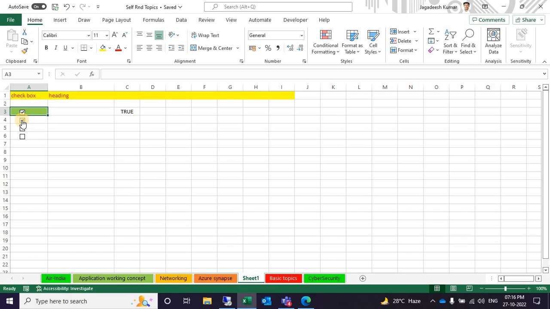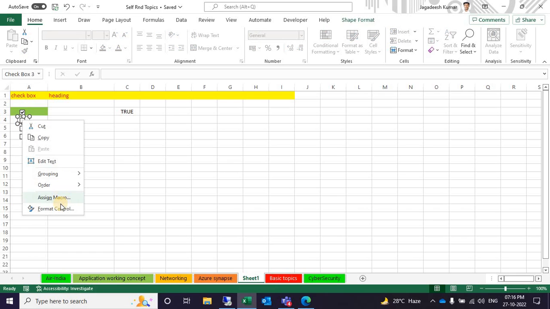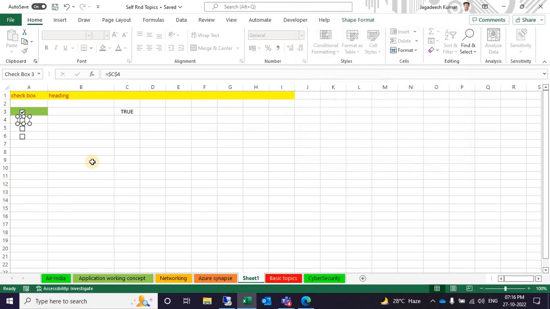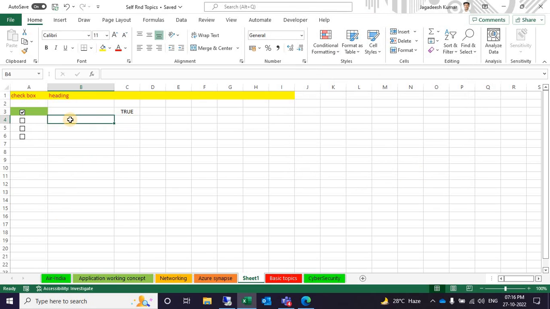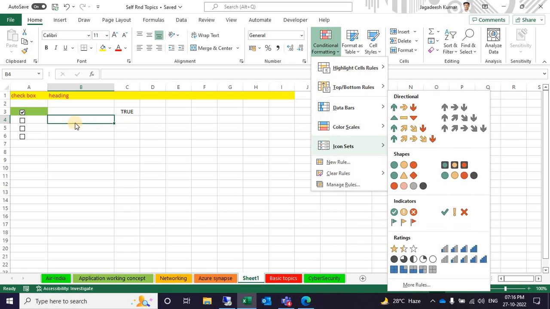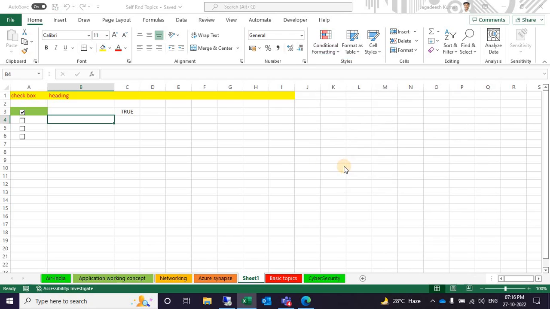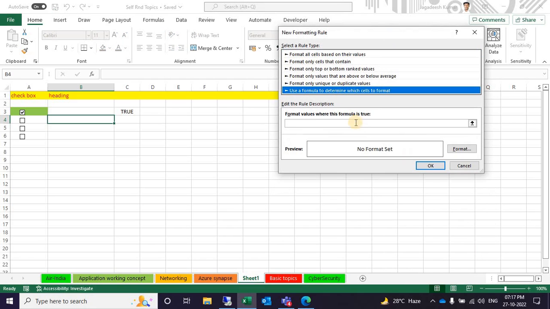First, we need to link the cell. So right click on the checkbox, Format Control, and click here. I'm going to link this cell. Then click OK. The first step is complete. Then click here and go to the formatting, because this box is going to change color, I need this box. So I select here and go to Conditional Formatting and New Rule. Then use the formula to determine, and here I'm going to